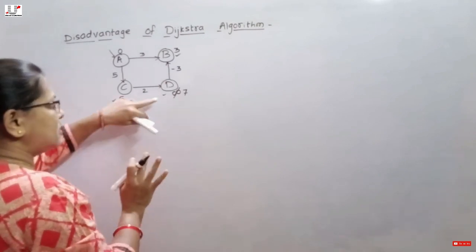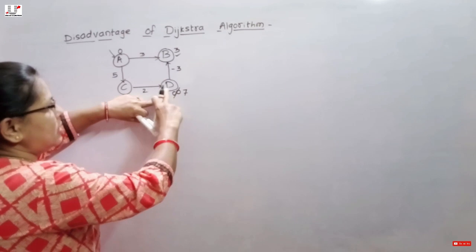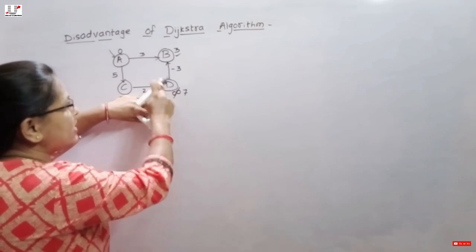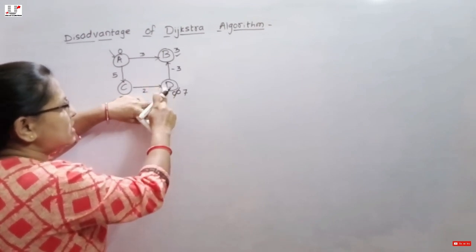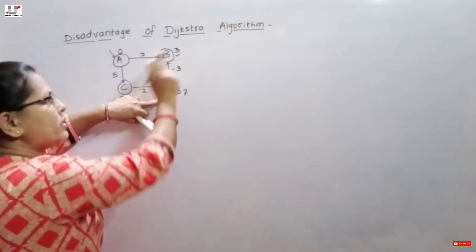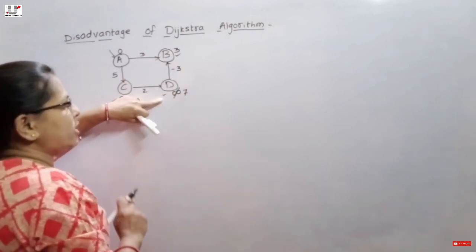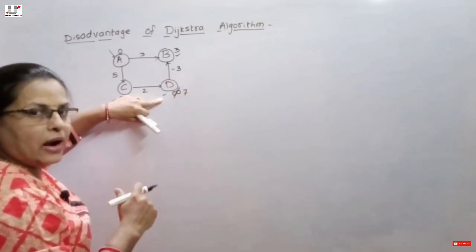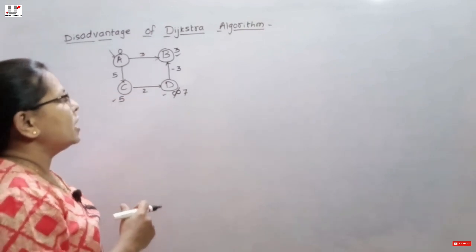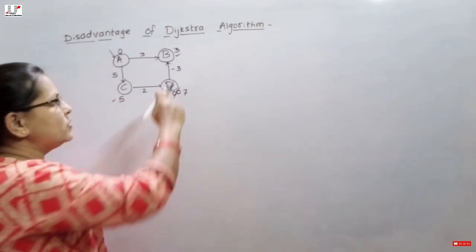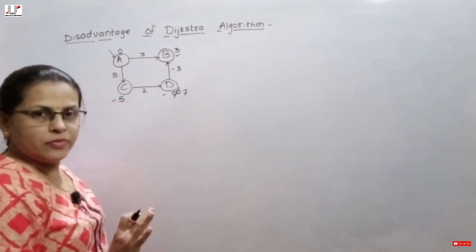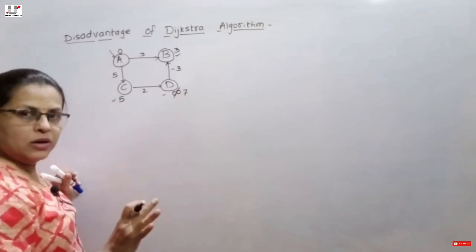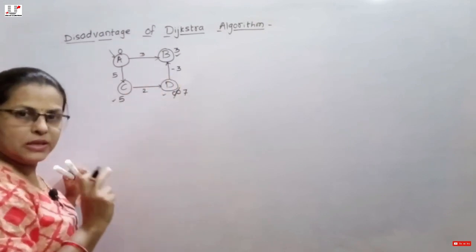But let us check whether from this D any vertex is going to relax. Yes, there is an adjacent vertex to this D, which is B, but as it is already marked as visited, we still check: 7 minus 3 gives a value of 4. As per Dijkstra's algorithm, if the vertex has already been marked as visited, we don't visit it again. So in this case we say that Dijkstra will work when a negative edge is present in a graph.